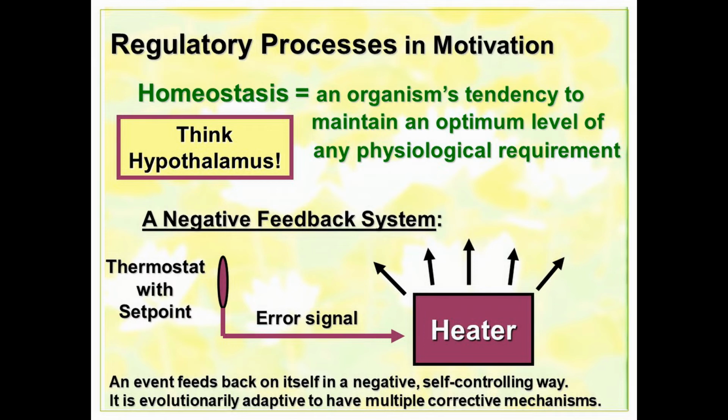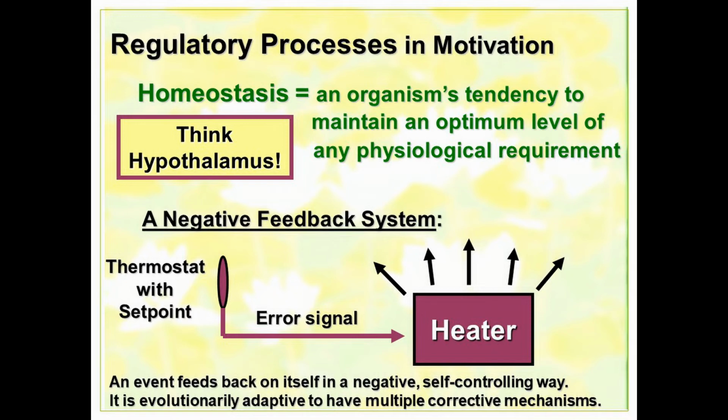Furthermore, many psychologists have found it helpful to look at these regulatory processes as involving negative feedback systems. So I want to explain what a negative feedback system is using an example that is already familiar to you in your home. I want you to think of your home's thermostat and heating unit. This is a negative feedback system. Basically, there's a thermostat in some room or rooms of your home, and you set the desired temperature on that thermostat. And that desired temperature, in these terms, would be called the set point.